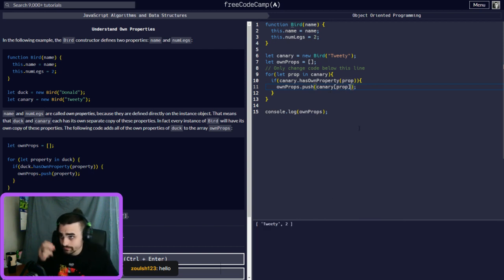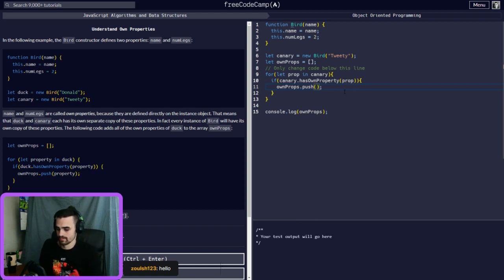See, if you do that, you call in the canary and it goes through each one of the properties. Remember how we do bracket notation? It gets the value of each one of these. So the first value of name would be Tweety, and then you have 2 right here. But yes, you want to push the prop to it.